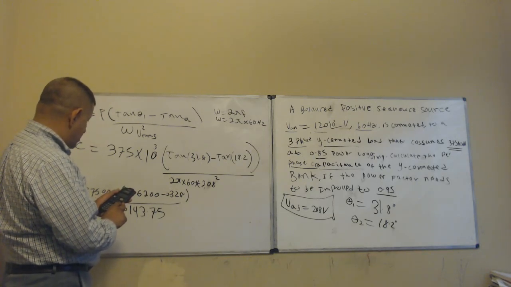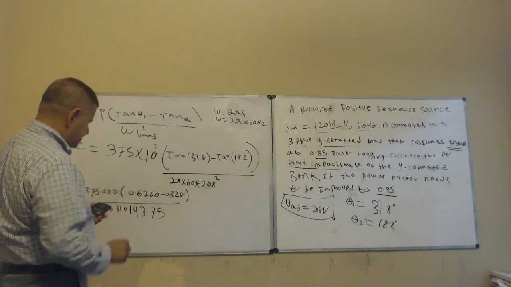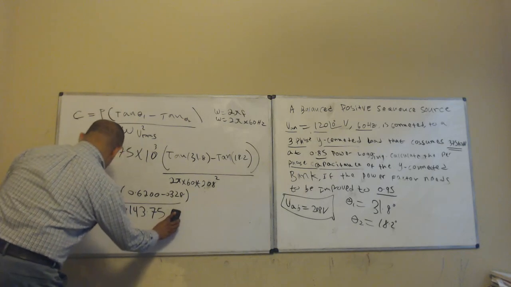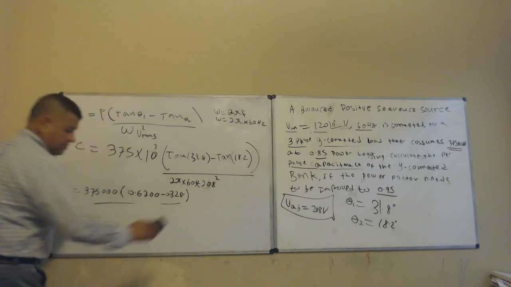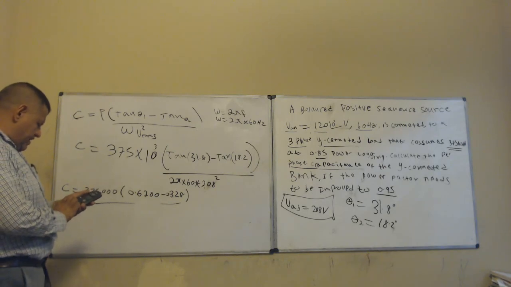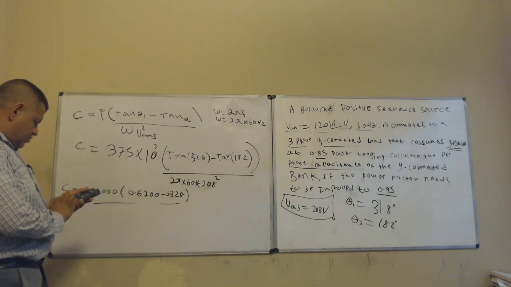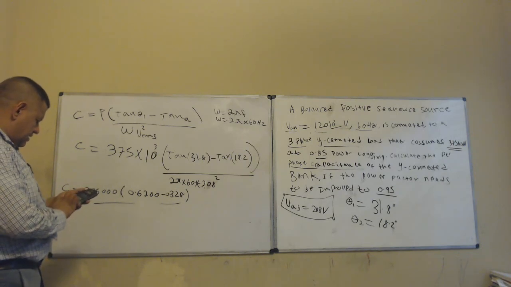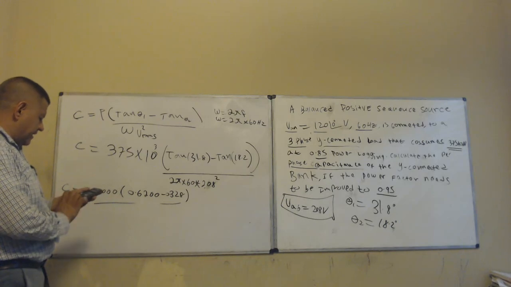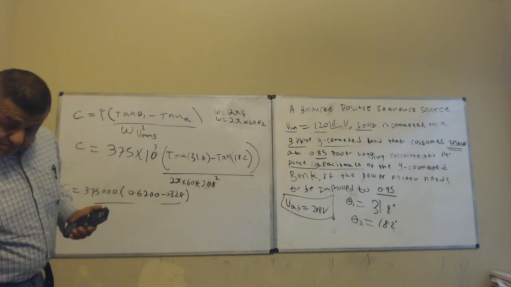So okay, let's do this again, so we get the right number. So 208 squared times 2 pi, right? This number should be